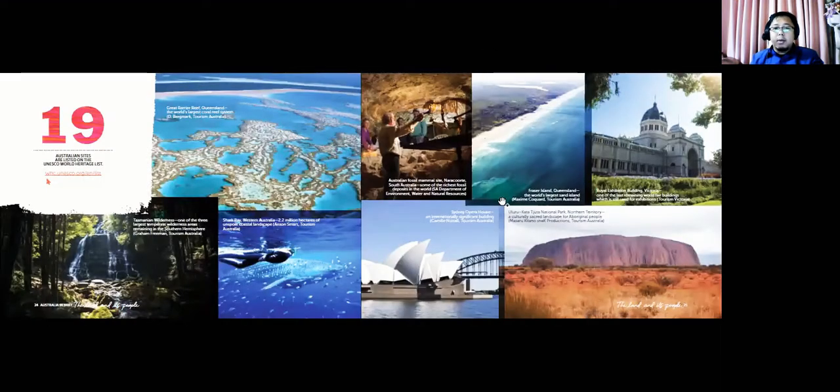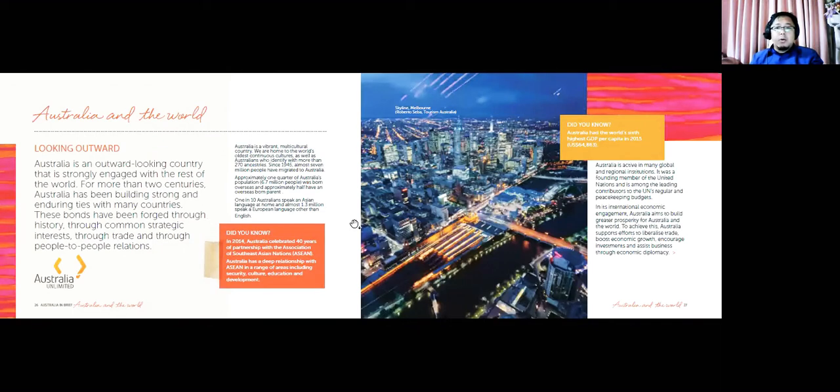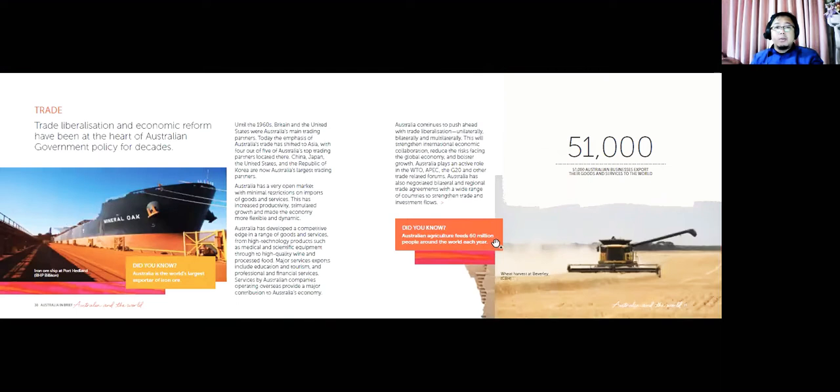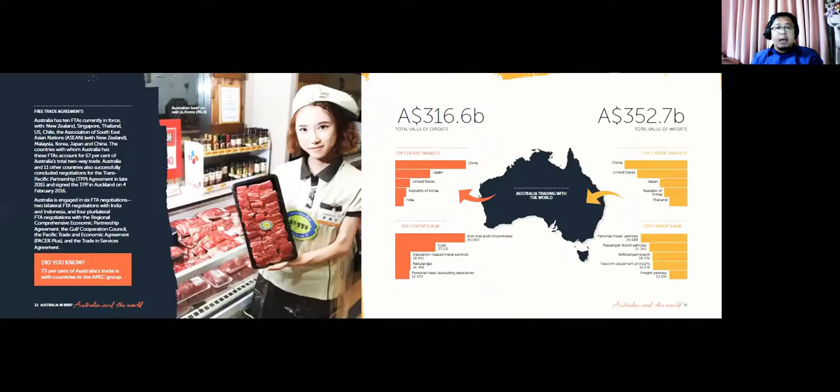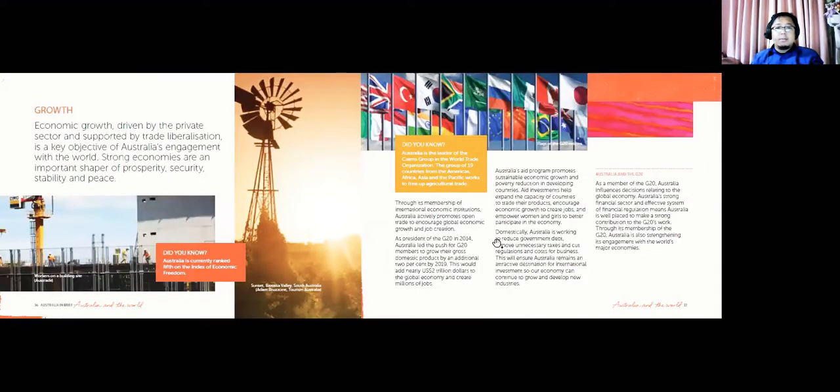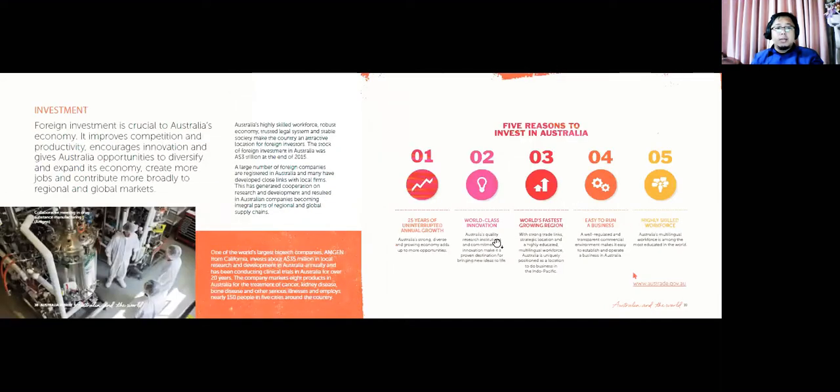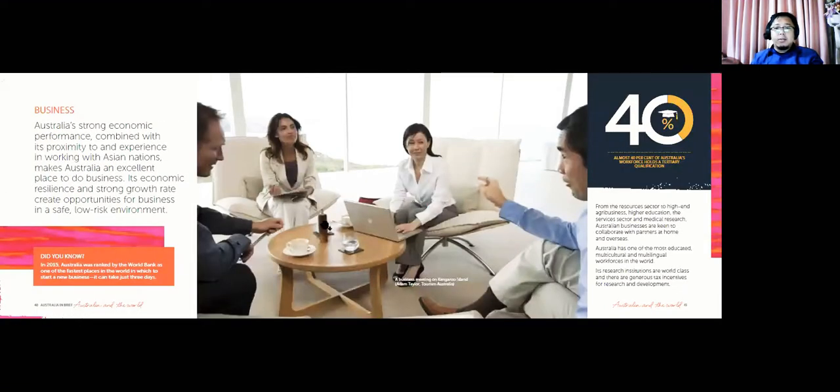Kemudian ini juga beberapa tempat, coral reef. This is so exciting. This is Opera House in Sydney. Kemudian looking outward. And many interesting things that we can talk about Australia. And what is the most important part that we need to look closely in relation to Australia and Indonesia is